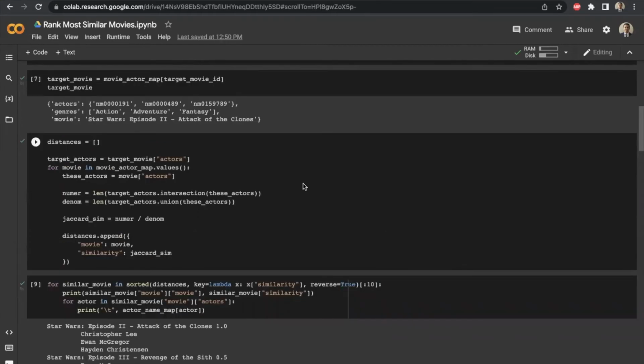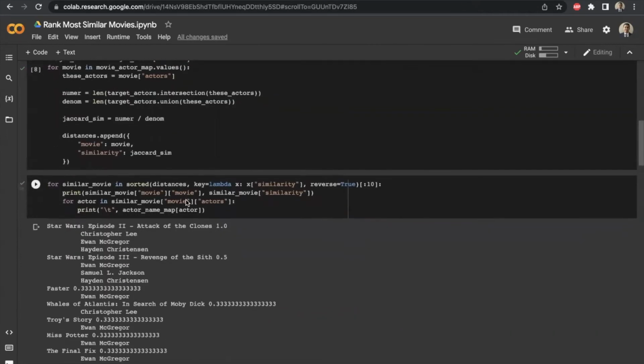Now using a for loop, we calculate the intersection and the union of the two actor lists. And on dividing the intersection by the union, we get the Jaccard similarity. Now we are running a for loop to print out the top 10 movies with the highest Jaccard similarity on